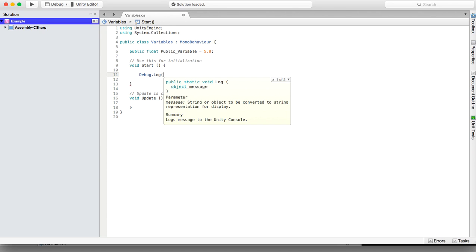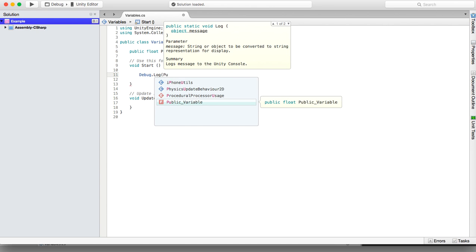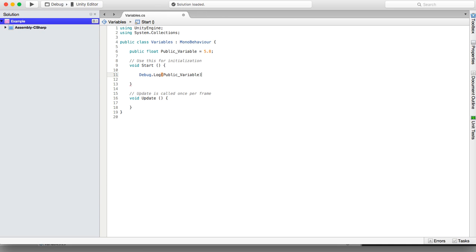I can do addition statements, multiplication, division statements, or I can just see how much a variable is. So what you want to do is put the name of the variable. Now Debug.Log will find the value of public variable, which is 5.8, and it will read it out in the console. So if I save it,